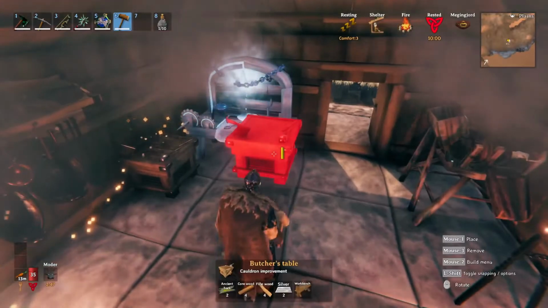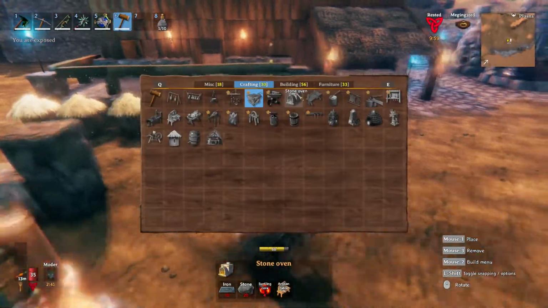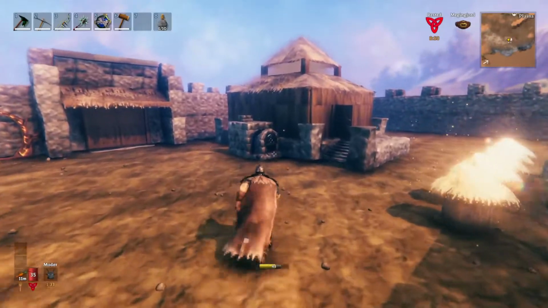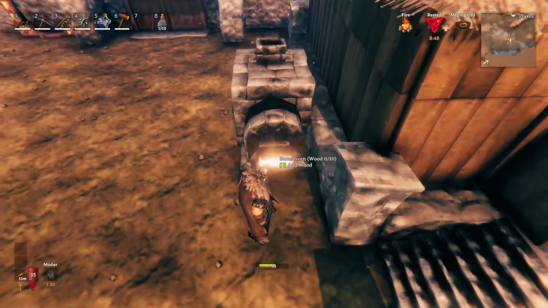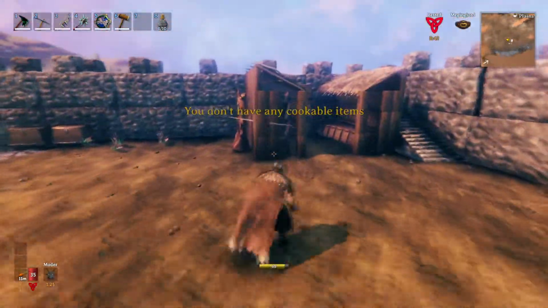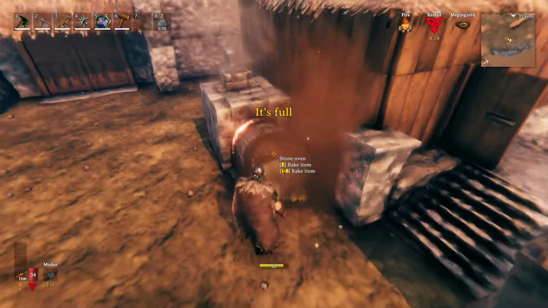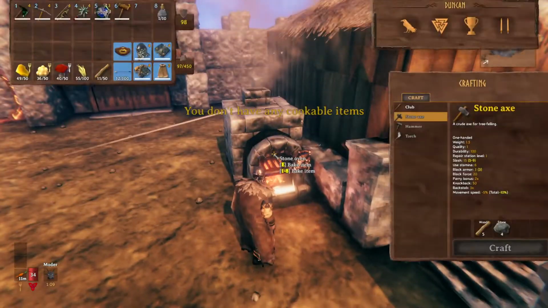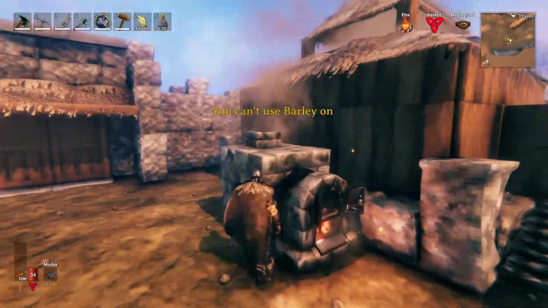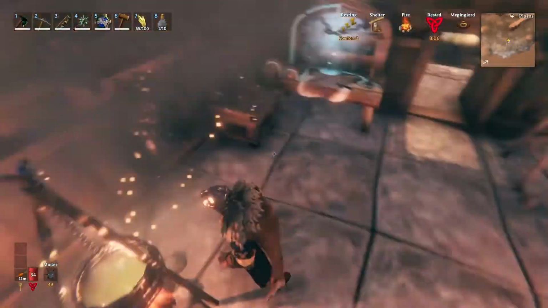Let's see, now I want to have a bakery, or a baking oven, stone oven, which is iron, 20 stone and some cores. Alright, let's see how this oven works then. Alright, so it needs wood. And then it needs an item, so we just put in the barley and some wood. Hopefully that'll be good. Okay, guess. Can't use barley on it. What the hell? Do I need to make the dough first? I don't see dough in here, but...